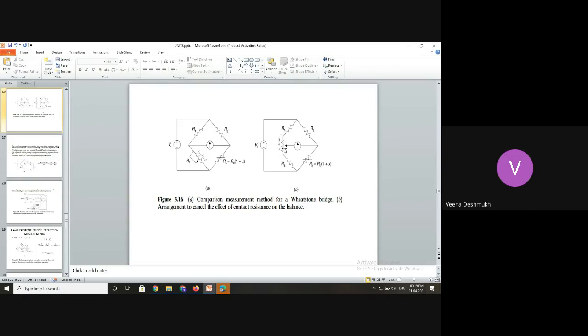So to do that, what is done is, here you can see one more resistor is connected to compensate for the leads, and the variable one is connected somewhat like this. What it does actually, by connecting like this, automatically some part of the lead resistance is connected to one ratio arm, the other part is connected to another ratio arm. So automatically when it is getting distributed like this, in the ratio part, it gets cancelled. This is one way of simply managing with the lead resistors.